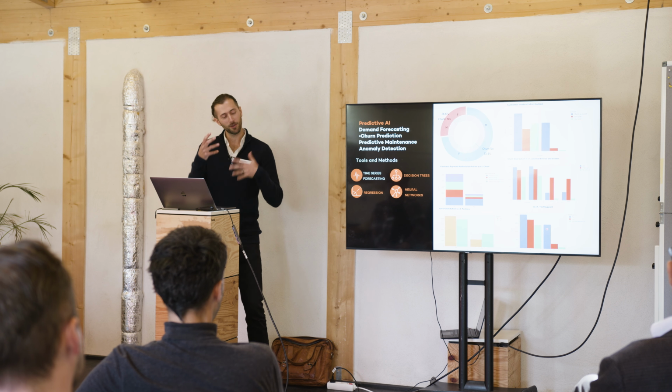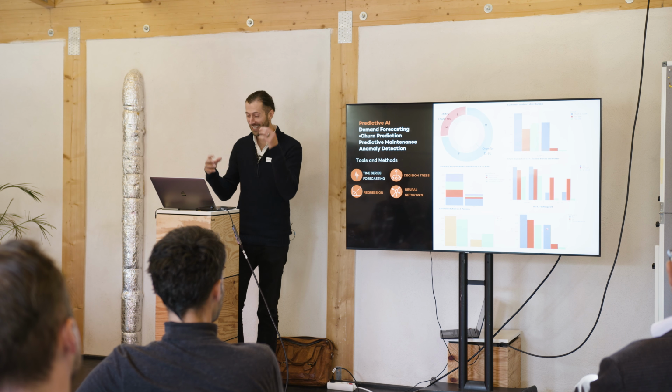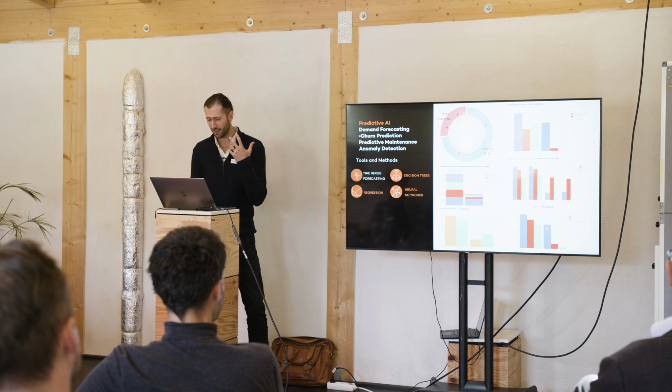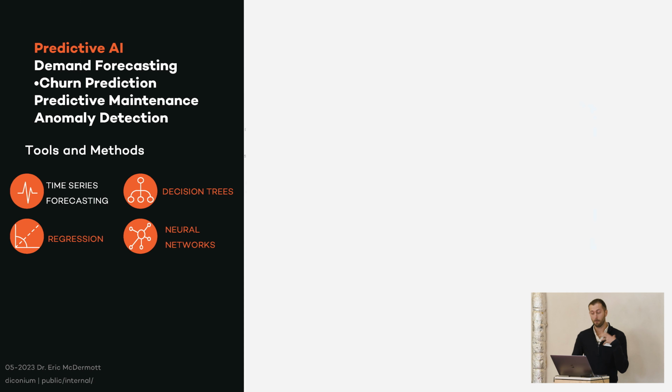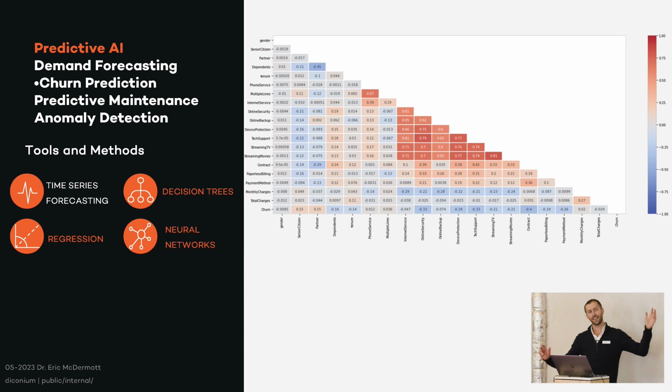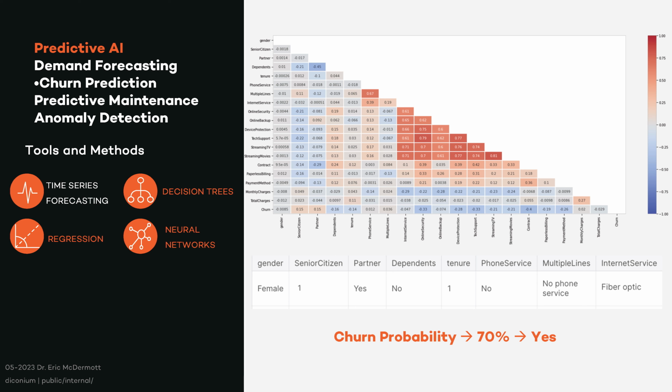So we've basically been able to now piece together our customers and whether or not they'll churn. But what we can actually do is build a model. So this is me just visually inspecting the data. But we can make a model that takes all of the factors in that data set and tries to figure out which variables are actually most important, like if you have dependents or a partner, you're less likely to churn, or something else, like the examples I just showed you, you're more likely to churn, all of these red ones. And what we're able to do then is when we give it new data, we can get an outcome that says, this customer has such and such probability that they will actually churn.